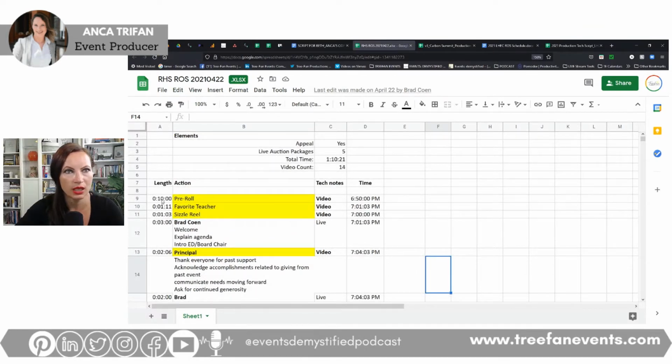One is the timing for each one of those elements, and then the action that those elements require. Anything that is video here is pre-recorded content. So at this time, I would push the pre-roll, which usually is pre-recorded and is about 10 minutes long. Then we have another pre-recorded piece and a scissor reel, which is basically an organizational video. And then we go live around the beginning of the program